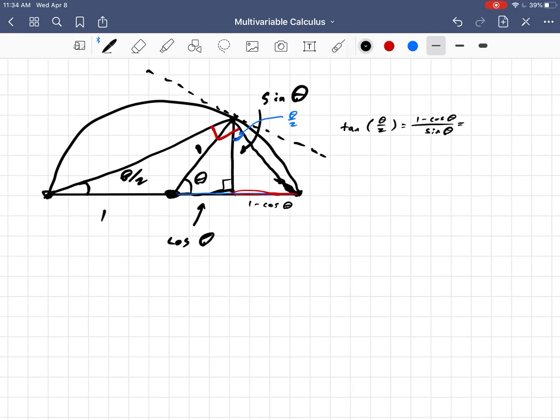Sorry, I had a brain fart. So 1 minus cosine theta over sine theta, so it's the opposite here, over this adjacent length, opposite over adjacent. And I could do it with this angle here, so that's the opposite length, sine theta, over this whole length, which is 1 plus cosine theta. So sine theta over 1 plus cosine theta. And that is the